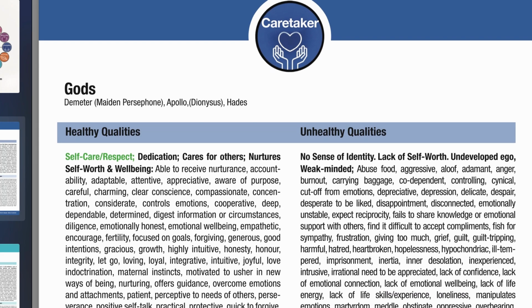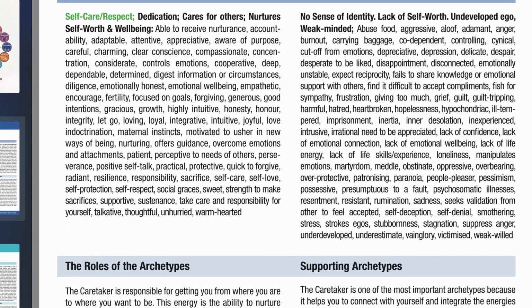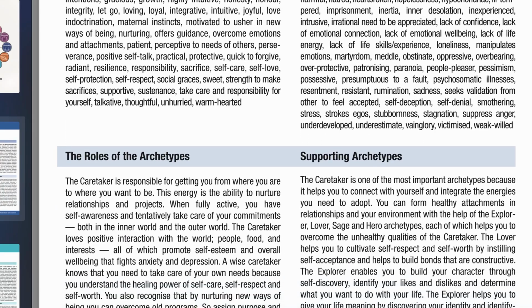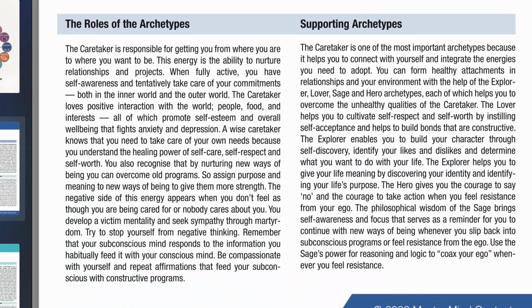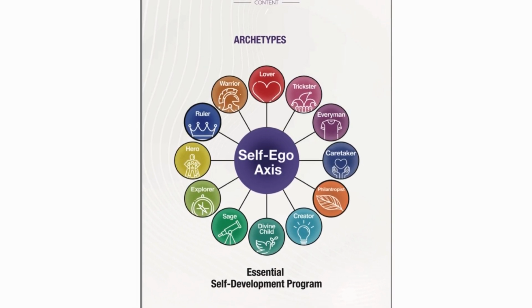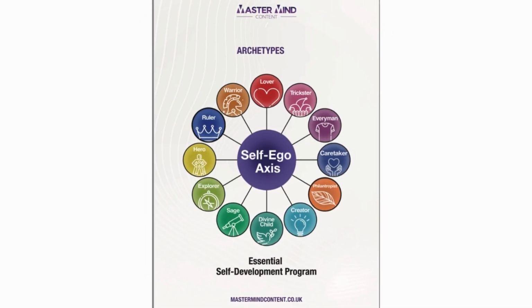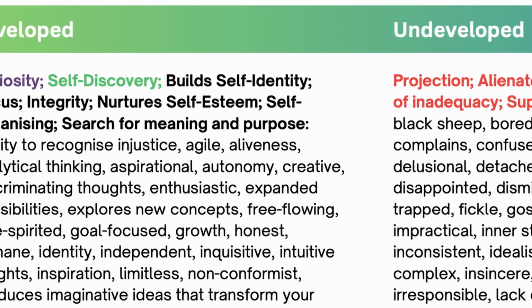about human nature. Now, the program I've developed can help transform your life, the lives of your employees, and ultimately your company. So the opus magnum of the Mastermind Content program is the Archetypes tool. 12 archetypes encompass human nature and can help you to continuously improve, grow and succeed by recruiting the right candidates, improving the mental health and well-being of your employees, and helping your entire workforce to develop emotional intelligence and the key qualities that will enable them to thrive in both their personal and professional lives.